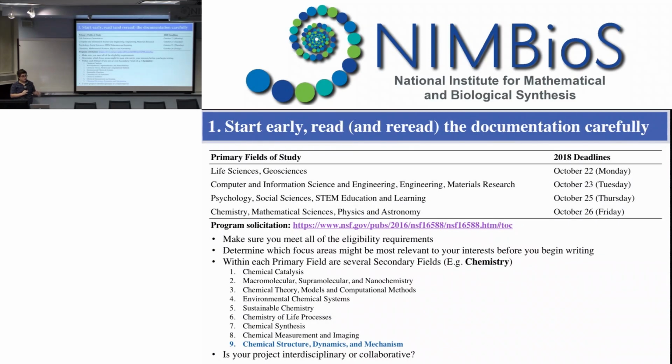So the way I structured my personal statement was that when I was in undergrad, I double majored and had a minor, so I've developed an interdisciplinary curriculum for myself, but I didn't necessarily apply as an interdisciplinary project. So I think you can still say that you're bridging these areas without actually applying and having 2 different types of reviewers. And so the focus area I actually ended up applying to was chemistry, structure, dynamics, and mechanism,